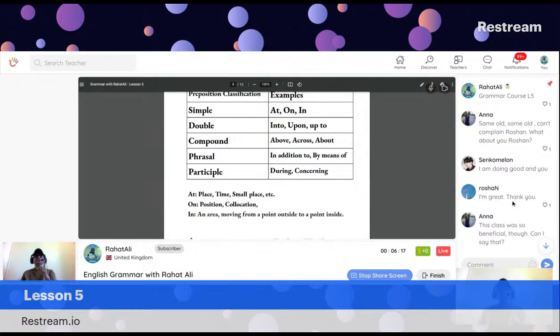Remember, verb with ing, when it works as a noun, we call it gerund. When it works as a normal verb with the help of another verb, we call it continuous, like I'm going, she's going, she was going, or I was going, or I'll be going. When it is used as a participle, it doesn't work as a noun, but at the beginning of the sentence: "Concerning this matter, the teacher was much worried about the students' progress." This is one of the examples. I'm going quickly, guys. If you have any questions or comments, please write them.